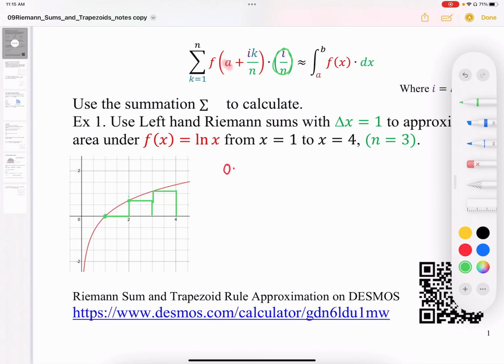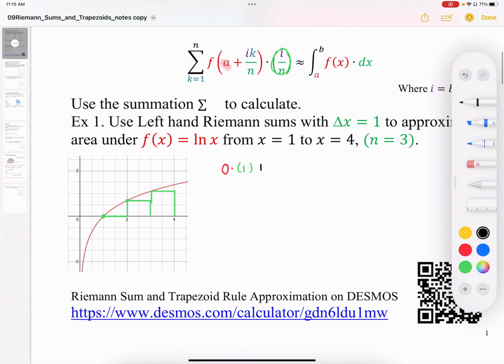In this case, it's going to be equal to 1, plus the height when, in this case, the next term is going to be at 1 plus the interval width, which is 2. So the height at 2 is going to be log 2